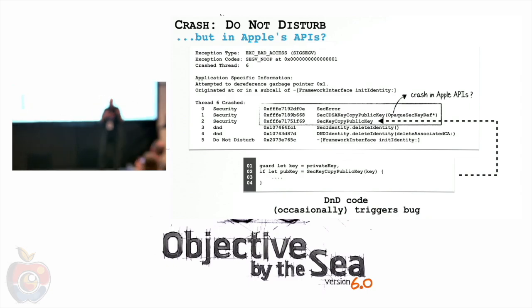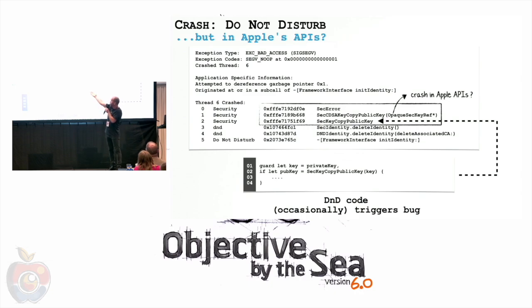And again, I didn't know why it crashed until I looked at the crash report. So if we look at the stack backtrace, we can see that, yes, this seems to be triggered by Do Not Disturb and its D&D framework, but ultimately the crash is in the sec error function in the security framework. If we look a few lines back, we can see that the first call in the security framework is this sec key copy public key. Here's the code in D&D that's calling that. And this looks like a pretty standard API, and so I was like, I don't think I'm calling this incorrectly, so let's dive